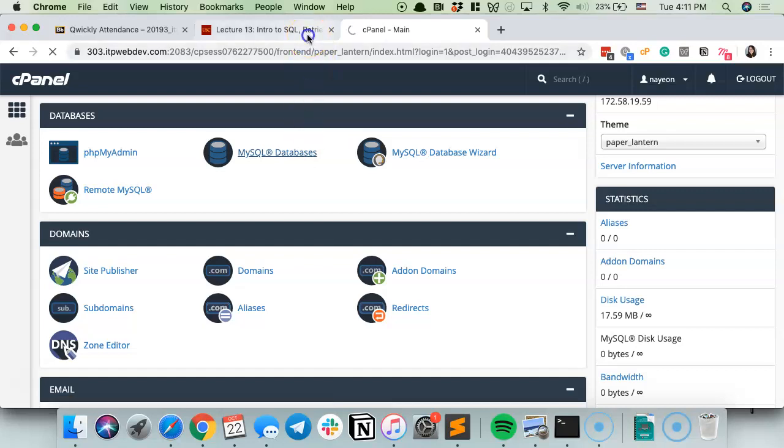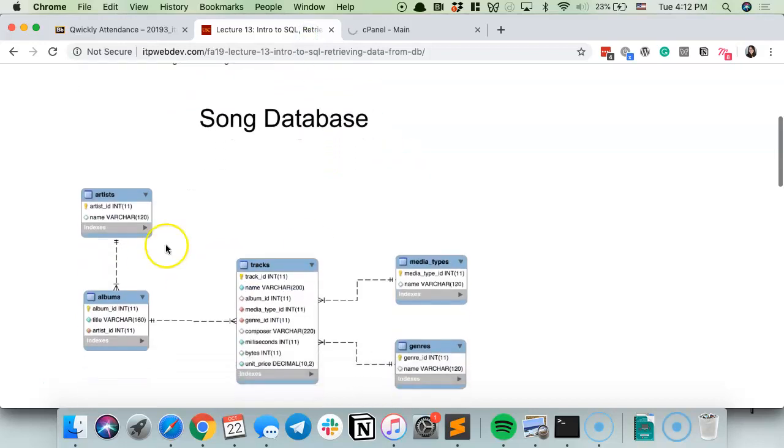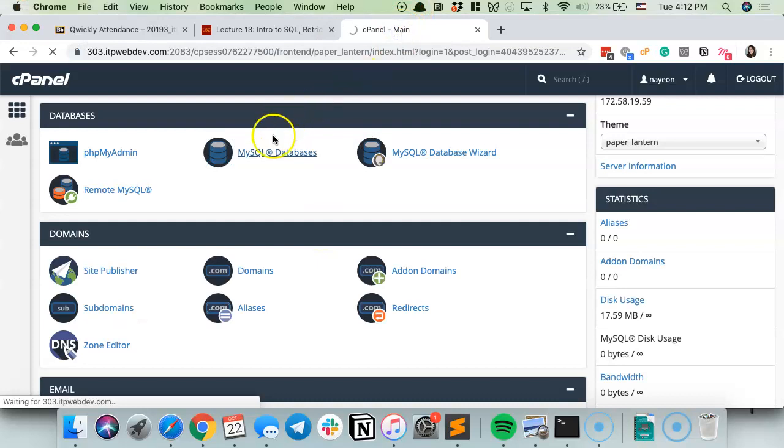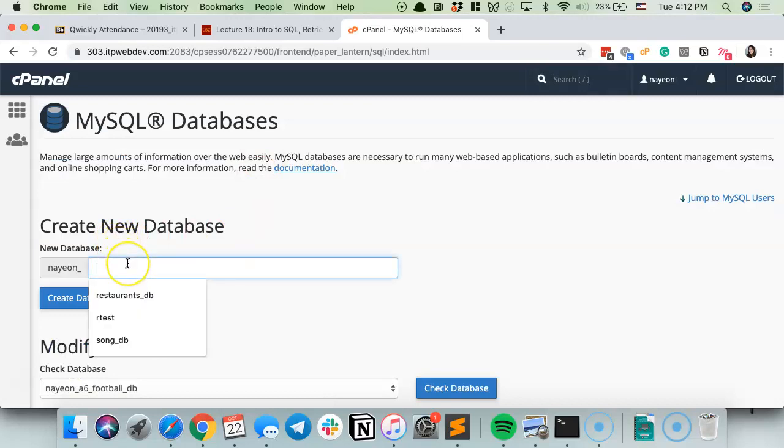We're going to go ahead and create one more database here, and we're going to call it Song Database. It's going to have all of the song information that we're going to import in. And let's give it a second. We're all logging in right now to the same server, so it's going to be a little slow. All right, cool. Create a new database, so let's just call this